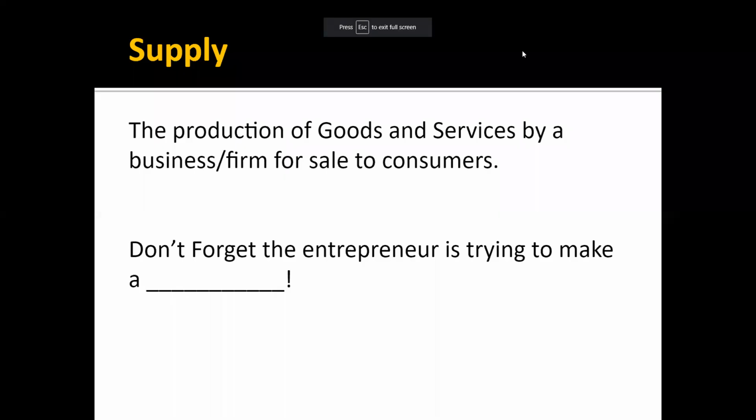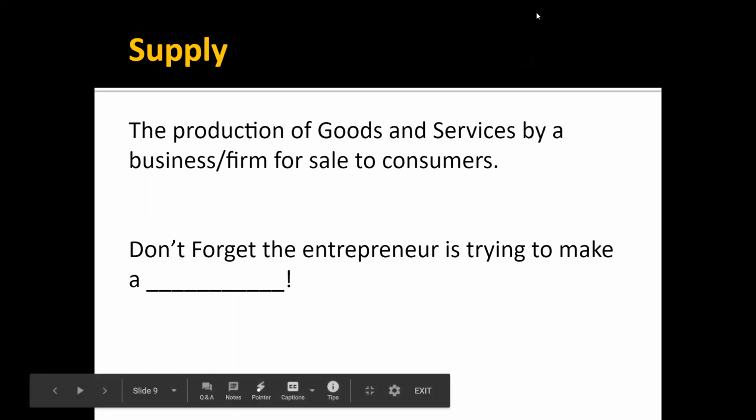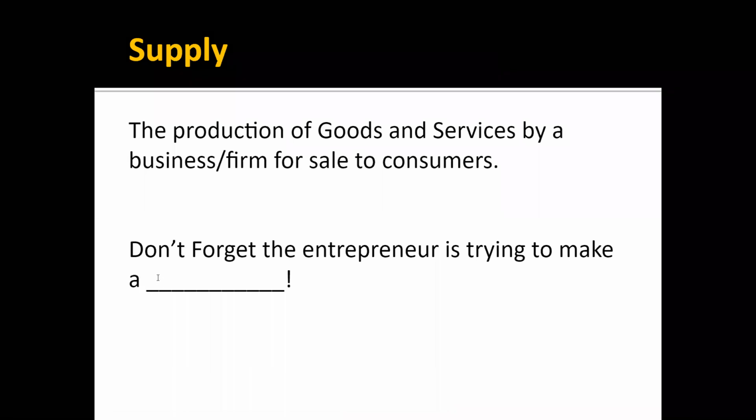So when it comes to supply, of course, it's from the business owner's perspective, as we've said before. Supply means production of goods and services by a business or a firm for sale to consumers, as you see here. Now, don't forget, the entrepreneur is trying to make a profit. They're trying to make money. So the way that they try to make that money is they make the product for as cheap as possible and then sell it for as high as possible,